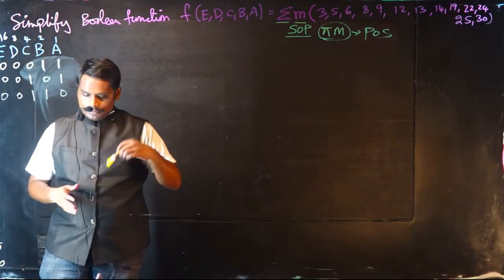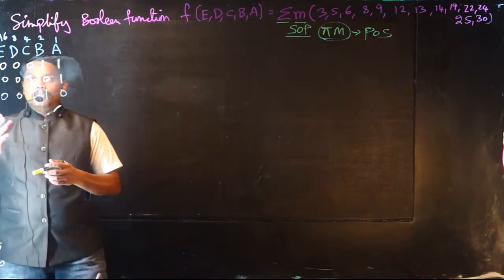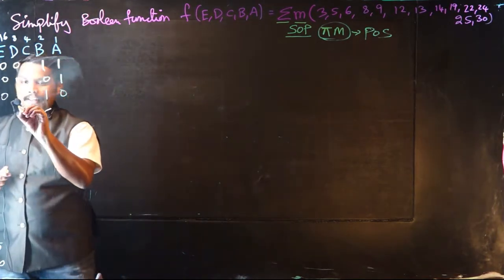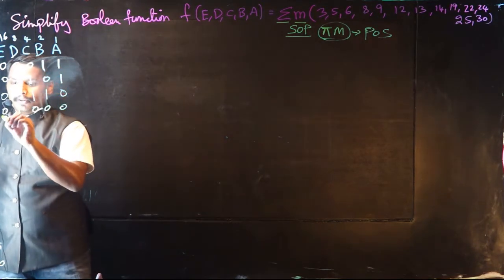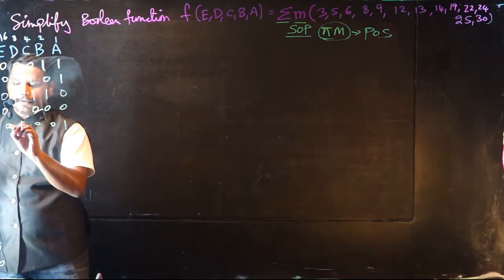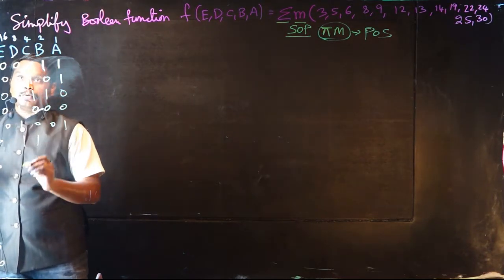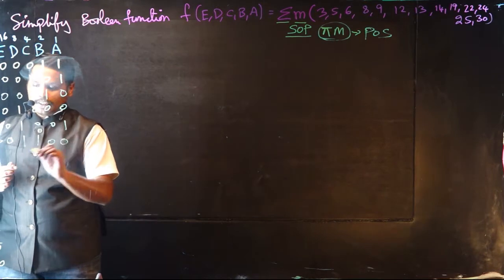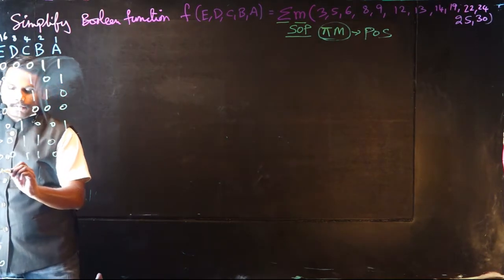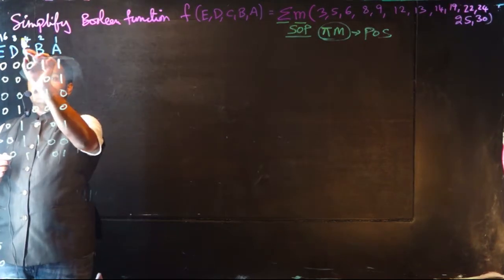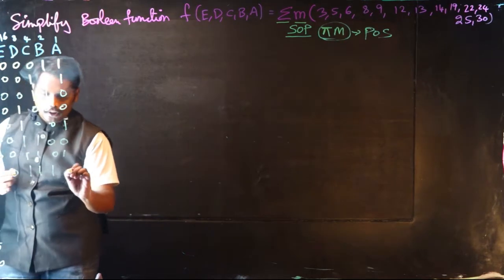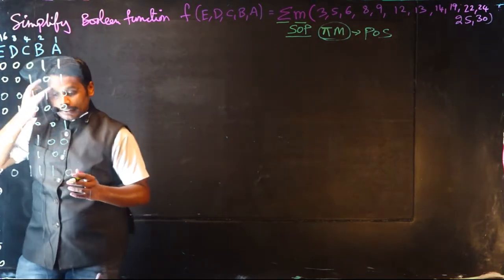In order to get these values, for 8 you can write 8, so 0, 0, 0 and 0. And for 9, it is 1 and 1 followed by all zeros. And for 12, if you put 1, 1 on these two, then it is 12. And for 13, it is 0, 1, 1, 0, 1, right? And for 14, you can say 8 plus 4, 12 plus 2, 14. So these three you have to make ones. I hope that you people have understood how to represent this in a binary form.